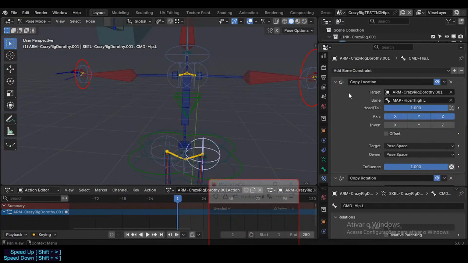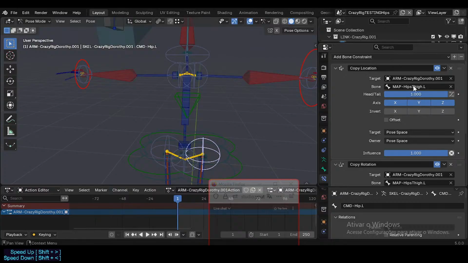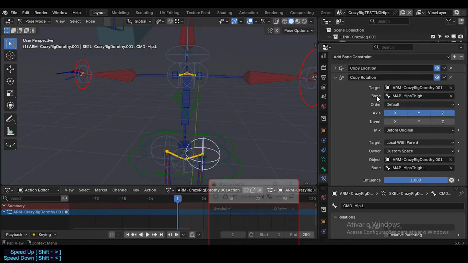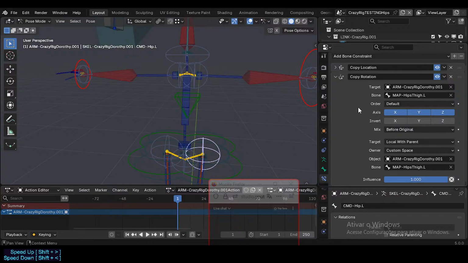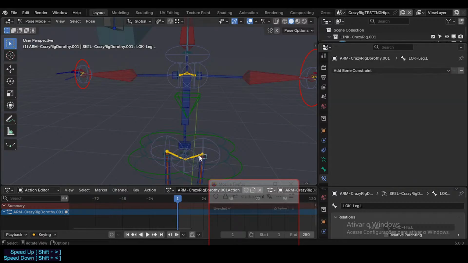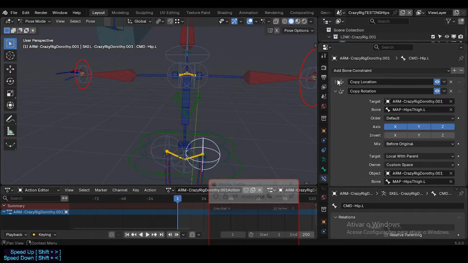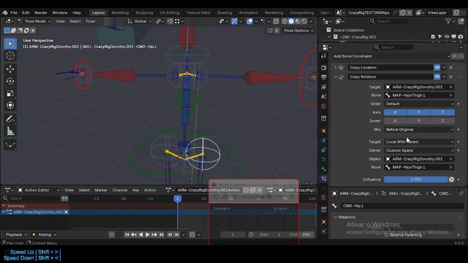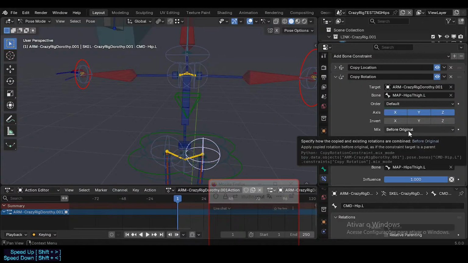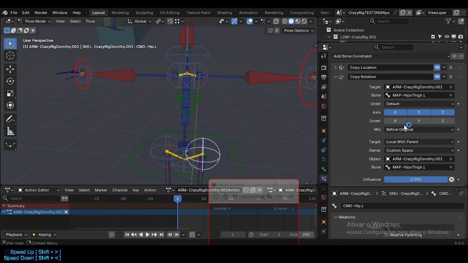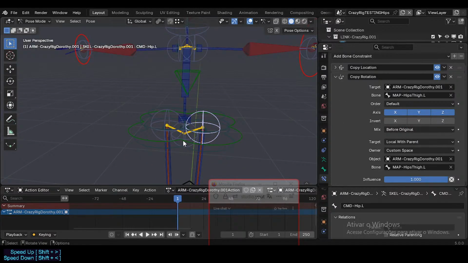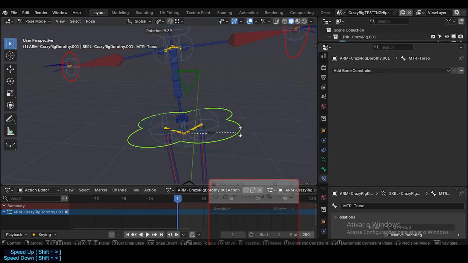Then here, okay, copy location, this is always usually very easy. Then we have the copy rotation, so here it will respond to the map thigh. Exactly the same bone here for the copy. Okay, before original, so we are trying to make a stacking transforms of rotations for this bone, probably because of this,